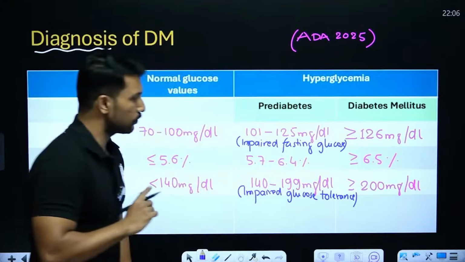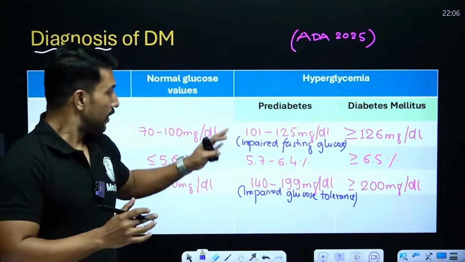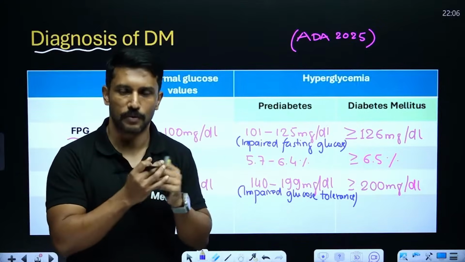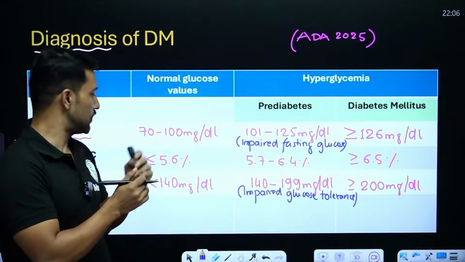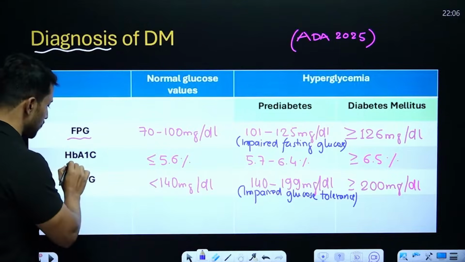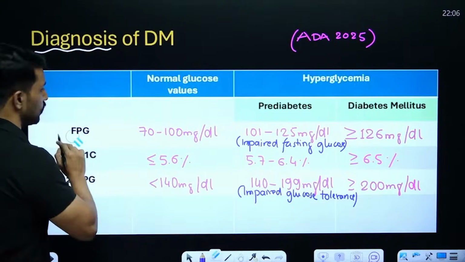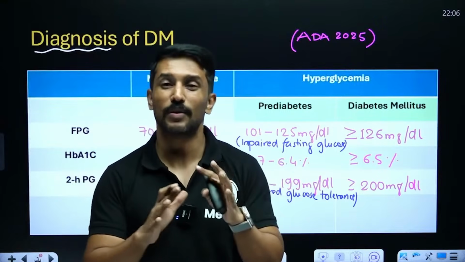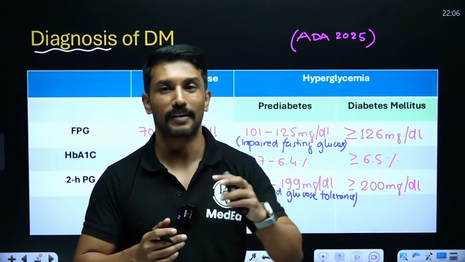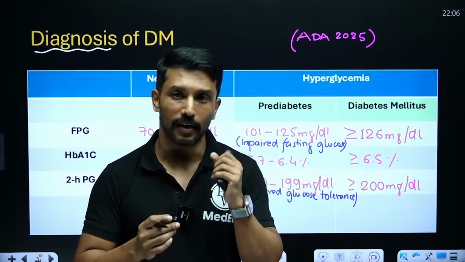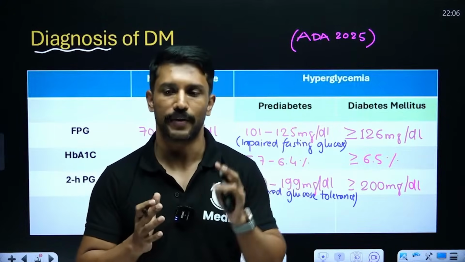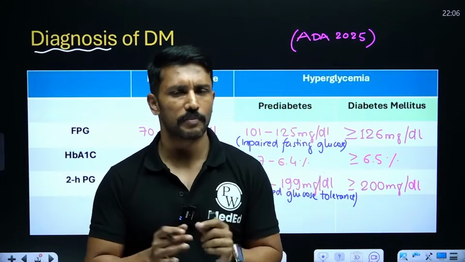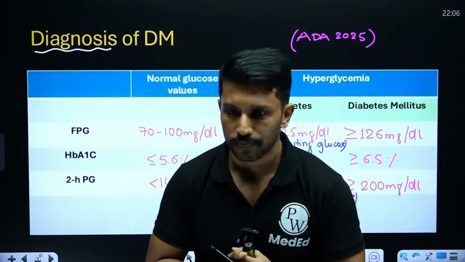Now I get a question from the students. Sir, if a patient presents for routine screening, I will get the fasting plasma glucose levels done. I will get the HbA1c done. I will get the 2-hour postprandial glucose done. And that helps me to establish the diagnosis. But what if someone comes in an emergency and I get one random blood glucose level checked and that value is high? Can I make the diagnosis of diabetes in that case when the random blood glucose level is high? Can we diagnose diabetes based on random blood glucose levels?